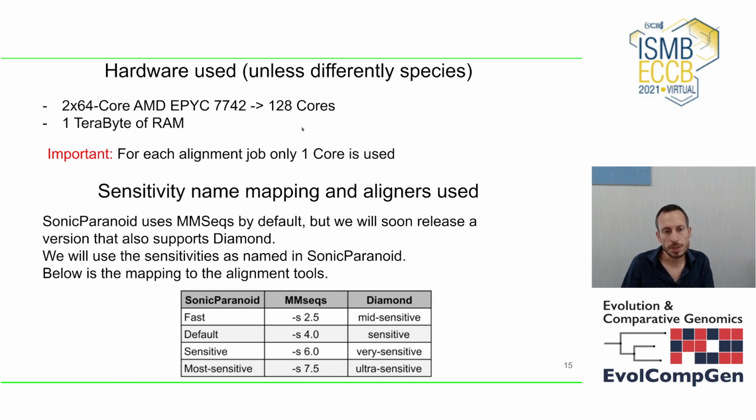The hardware we used, unless I say something different, is basically 128 CPUs and 1 terabyte of RAM. So it's a kind of big, strong machine. And when I talk of sensitivity about SonicParanoid, I usually mean the setting of SonicParanoid, of which there are 4, from fast to most sensitive. But I will also show results for Diamond, and these of course have different naming for the setting. So with the MM6, if any of you listening maybe wants to know which corresponds to which, we can use this table